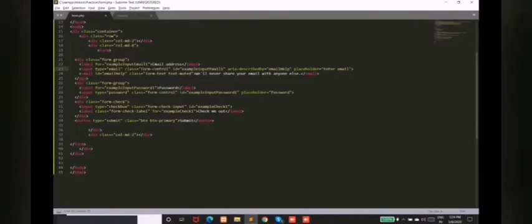So we have an input with type as email. It might also be text, and we can give that email validation using JavaScript as well as PHP, even jQuery. So this validation can be handled by JavaScript also, but to minimize the work, we can use input type as email, so that the validation improves more and more. So this is the input type for email.